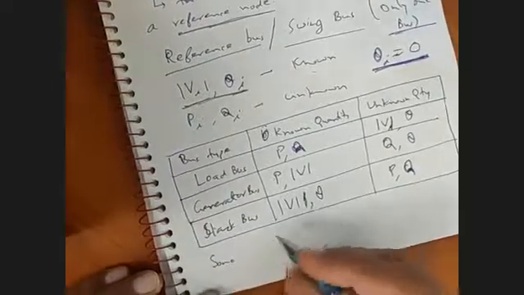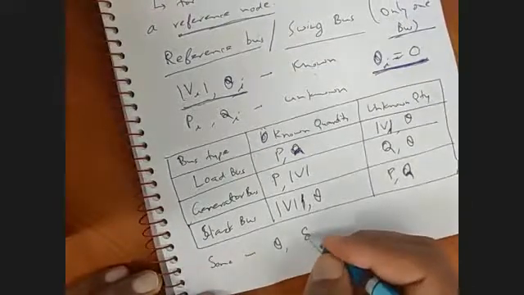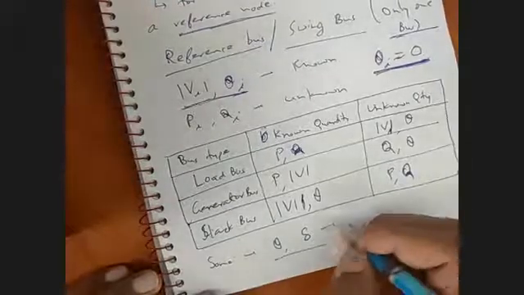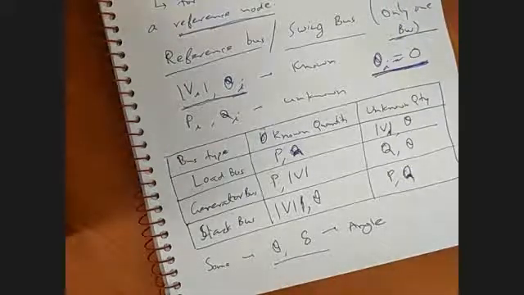In some books, the angle will be denoted by theta and somewhere it will be indicated by delta. So these are only angles. The symbol can be any which we can use. So it can be theta or it can be delta because it indicates the angle. In some books it is referred to as theta and in some books as delta. So don't get confused. It is simply an angle. So these are your load flow equations.